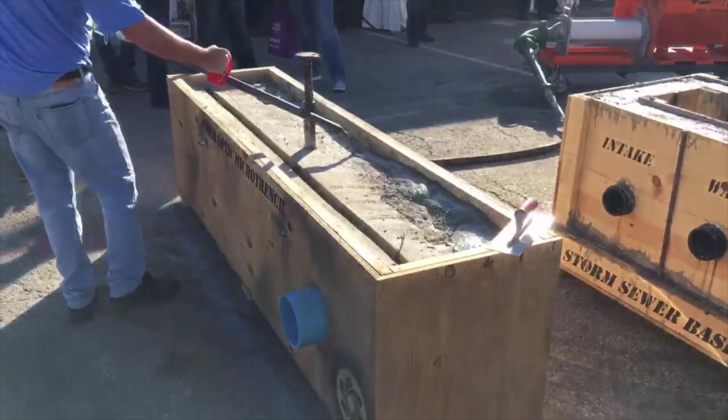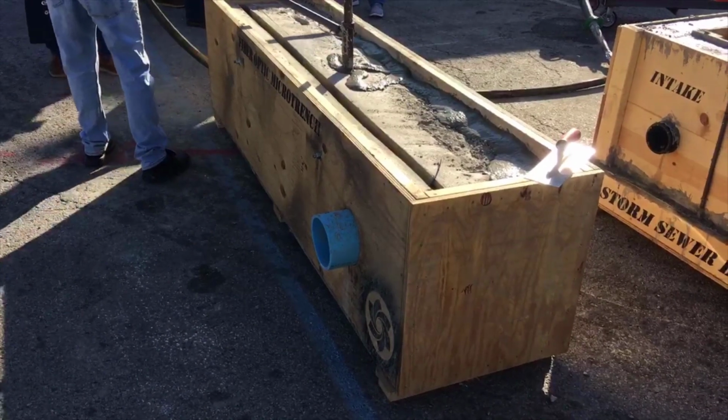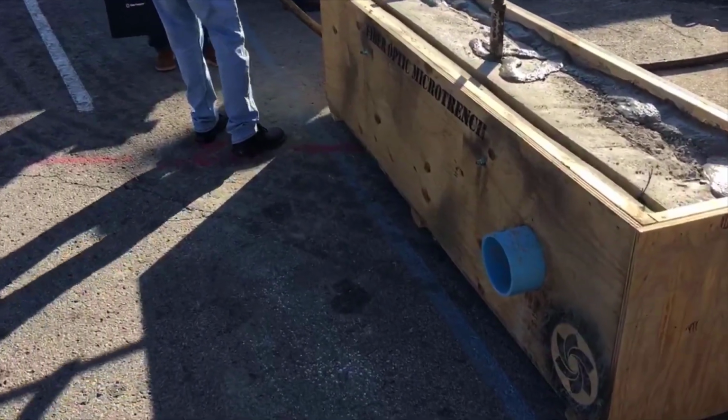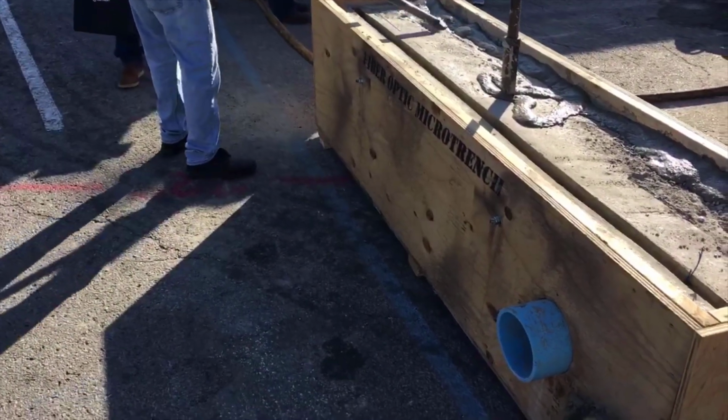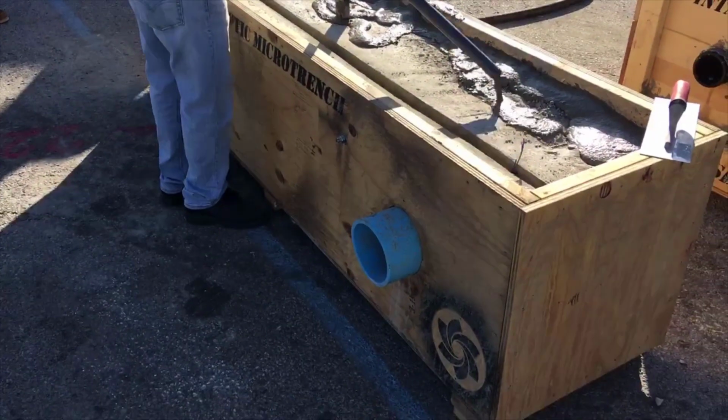About 10 seconds to the volumetric mixer. Again, this is essentially a batch plant on wheels. And now you can see Matt here operating a Ventures Equipment 3 special concrete pump. And he's pouring in. He's just going to kind of give a demonstration before he starts to pour into the